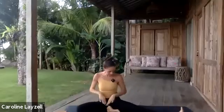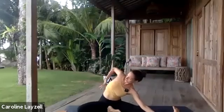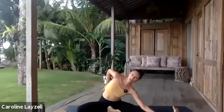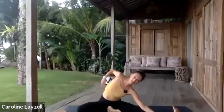And then if you still feel like there's some resistance and some tightness, something that can be really nice to come into is taking one leg out wide, one leg bent. And to begin with, getting into that side body here, remember that some of the muscles that attach into the pelvic bowl, like the hamstrings at the bottom there, if they're tight, they're going to pull on this area as well, and vice versa. So going in this